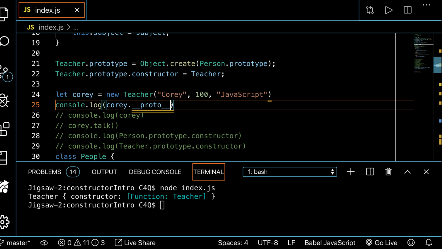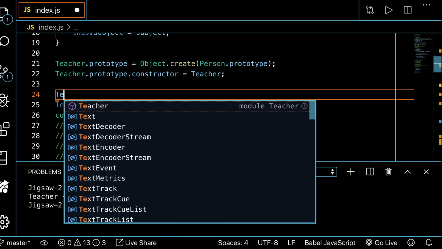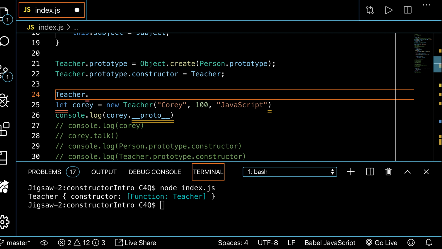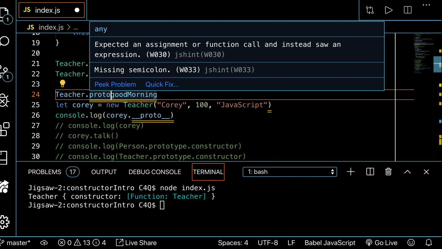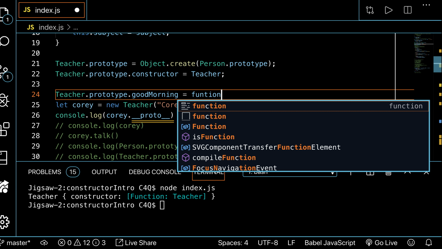So it's going to look on the instance for methods originally, and then it will expand out to this, right? Teacher has no other methods to it. We can go ahead and put one on if we wanted to, real quick. Just say like teacher dot greeting, or I'll say good morning because that's what I say. But we should have it say dot prototype. So easy to forget. Prototype dot good morning. It's a function